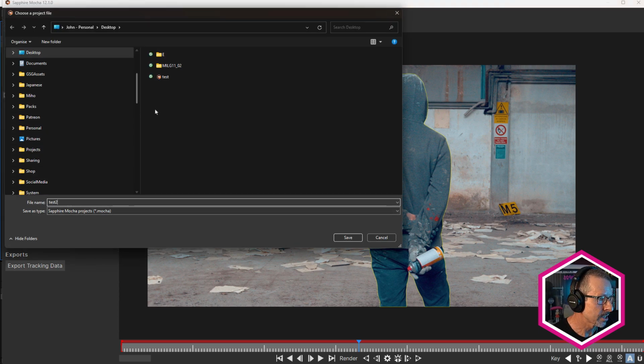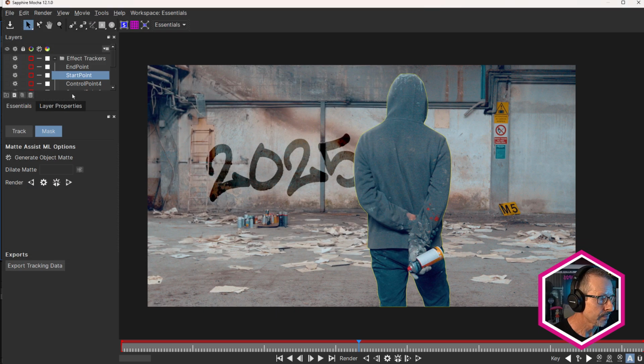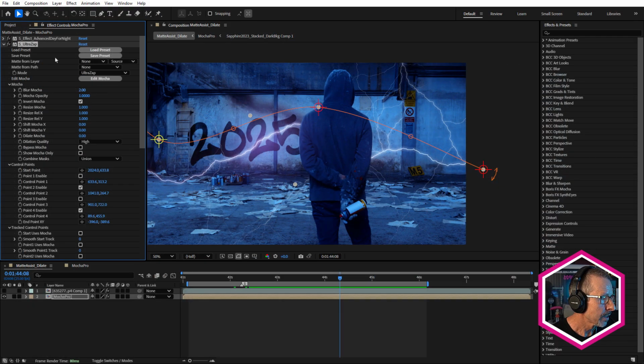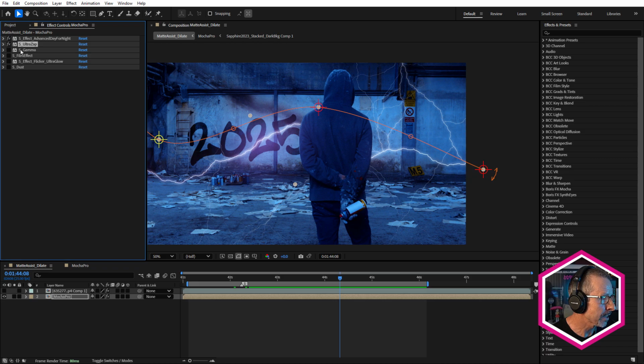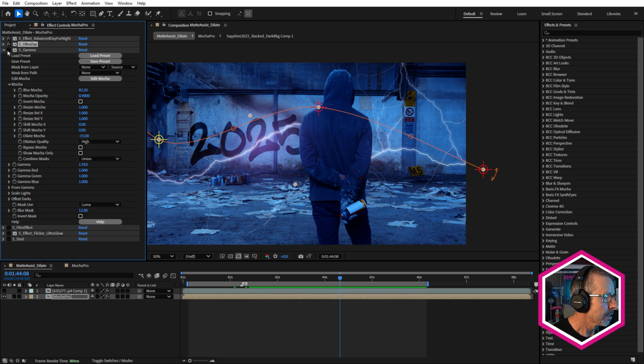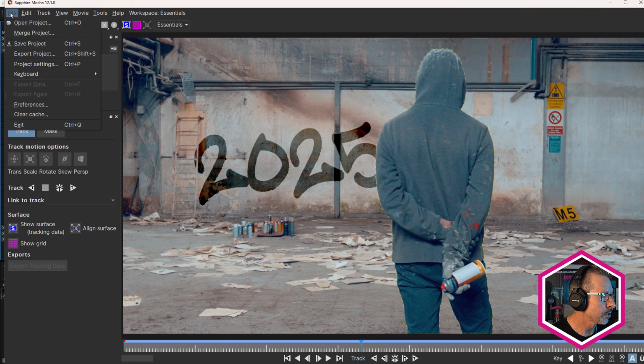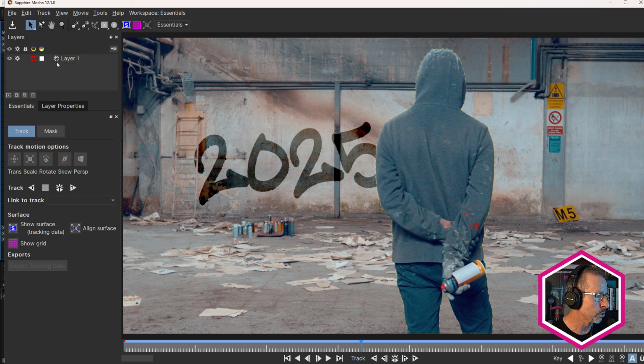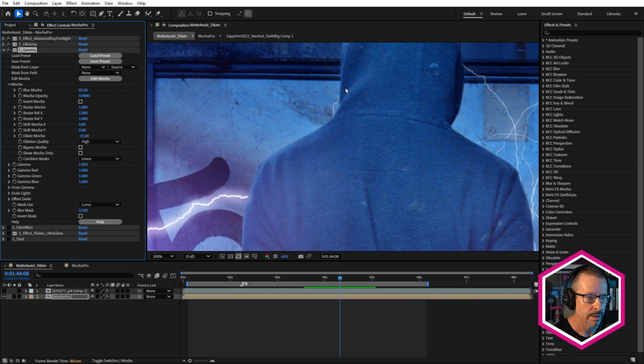And I'll just call this Test 2, put it on the desktop, close that up. And then when I apply any other Sapphire effect that can use Mocha, just come in and edit Mocha and choose File and Merge Project. So that's the way to do that.